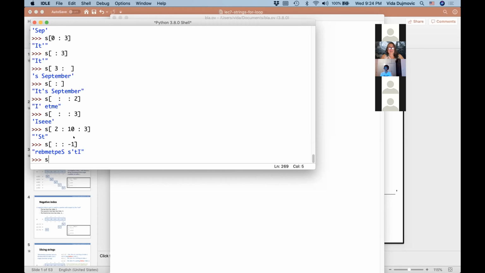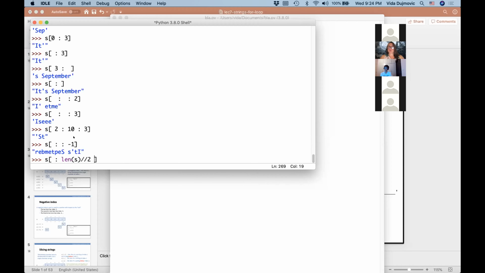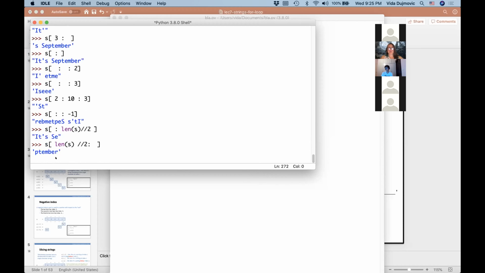Okay, so here's how in Python you can do it trivially. You can just say go from the beginning and return me the first half of the string. Go to the half, and you do integer division by 2. This is going to return the first half of the string. And if I want the second half, I would start at the beginning, start at half, start at the middle of the string and go to the end. I omit the end, and this gives me the second half of the string. So this is trivial in Python and super useful. Okay, so I think that's all I wanted to show you about indexing.